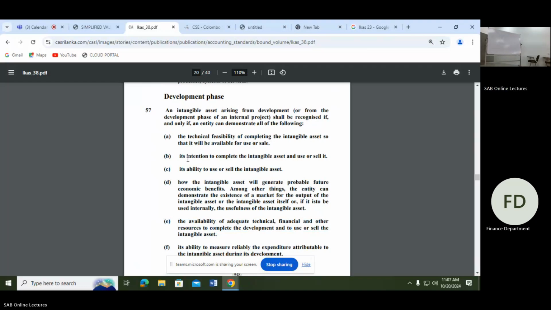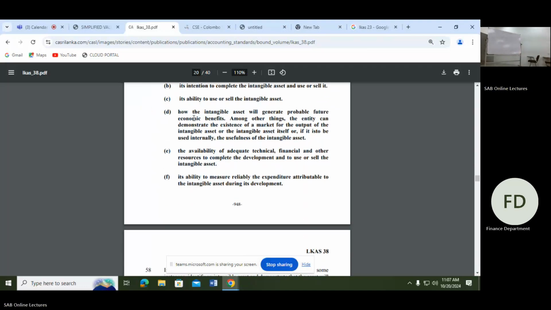Next, the intention to complete the intangible asset and use or sell it. There should be intention. There should be a board approval. There should be a plan for that, right? Then the ability to use or sell the intangible asset. There should be ability. Capability should be there, right? Then how the intangible asset will generate probable future economic benefits. Among other things, the entity can demonstrate the existence of a market for the output of the intangible asset or the intangible asset itself, or, if it is to be used internally,